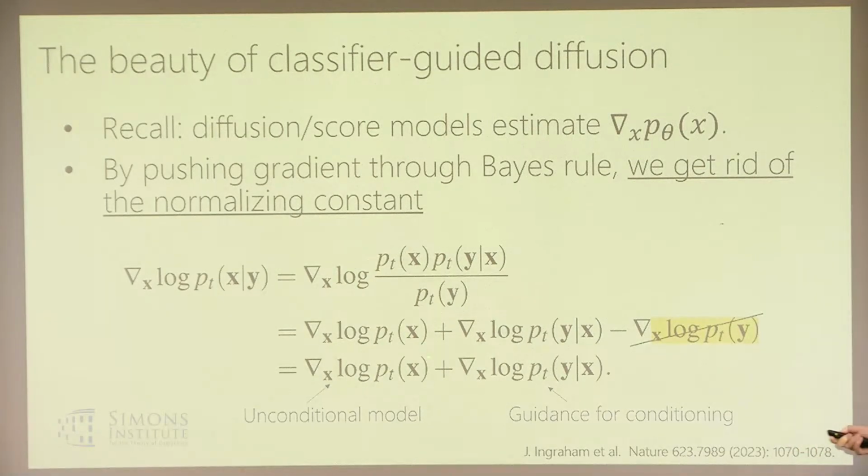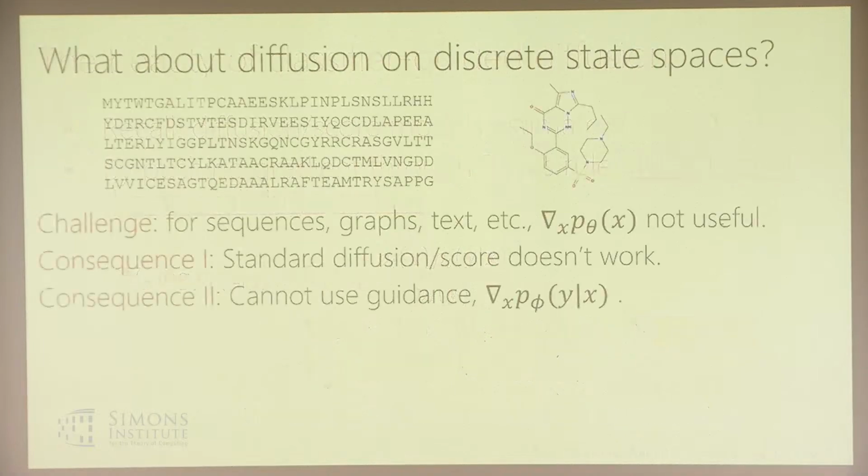But fundamentally, you get to totally reuse the unconditional model. And so that's quite beautiful. So that's nice. However, all this diffusion stuff started in real valued space with images, which get treated as